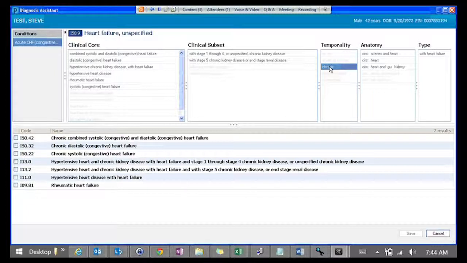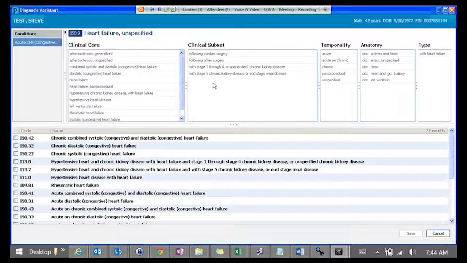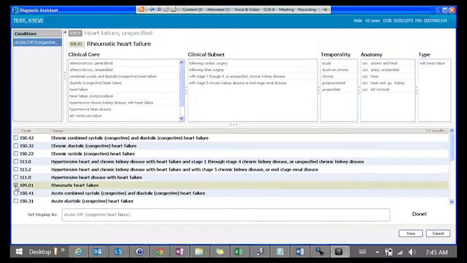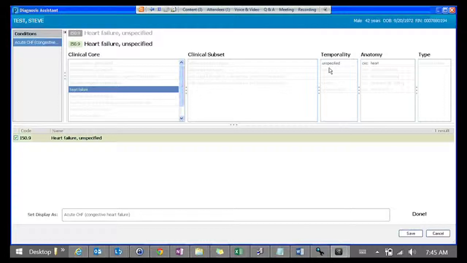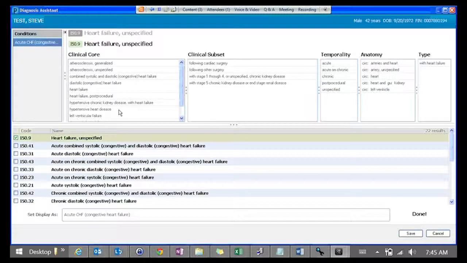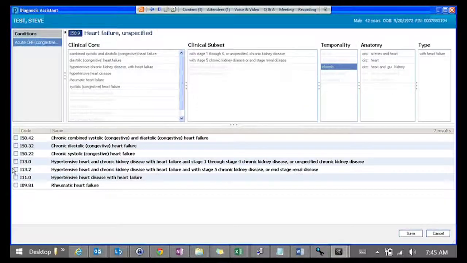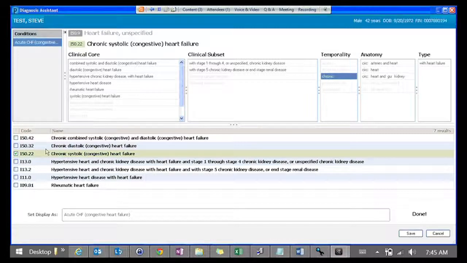If I incorrectly press the chronic, I can click on it to reset the Diagnosis Assistant. You can note that if you are going to just go down here and select that, you can go ahead and do so. Or I can uncheck that and start over. So we'll go ahead and select a more specified term there